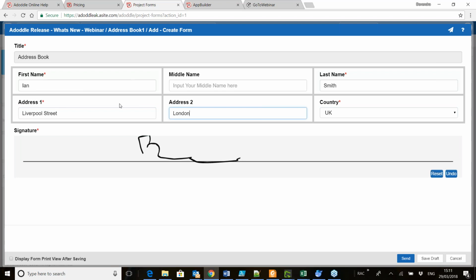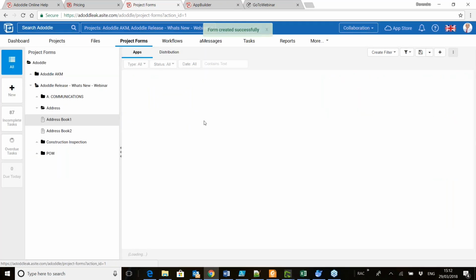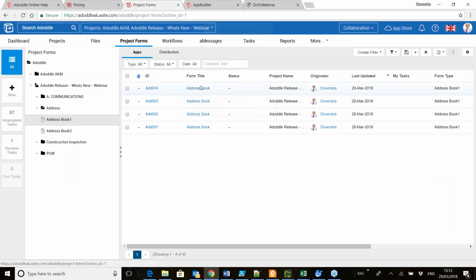provide my signature. The same would obviously work, the same form, because it is a responsive design. It would work equally good on tablets as well as phones, where you can also use the signature input to take the signature of the end user. I'll say send. So here we can see that, okay, I've added an additional address book entry. The ID is ADD004. So this is based on the group ID which I had selected when I created this